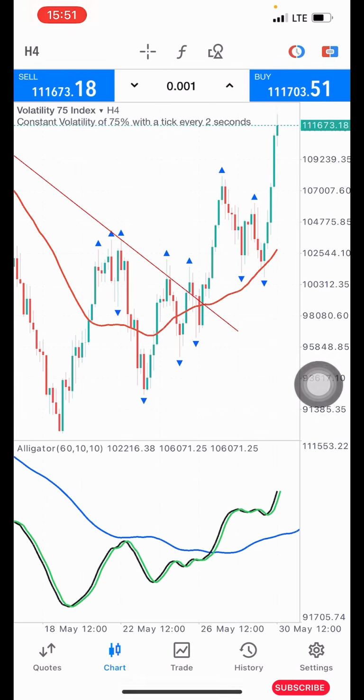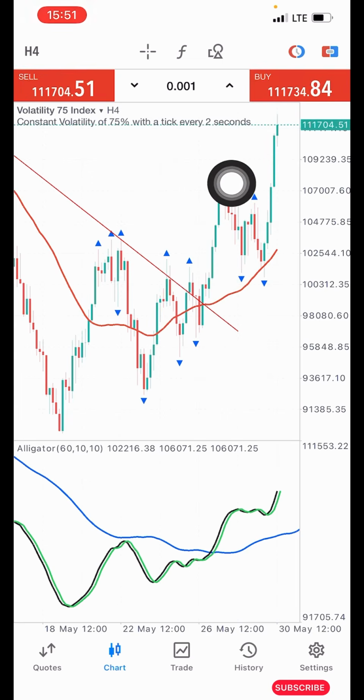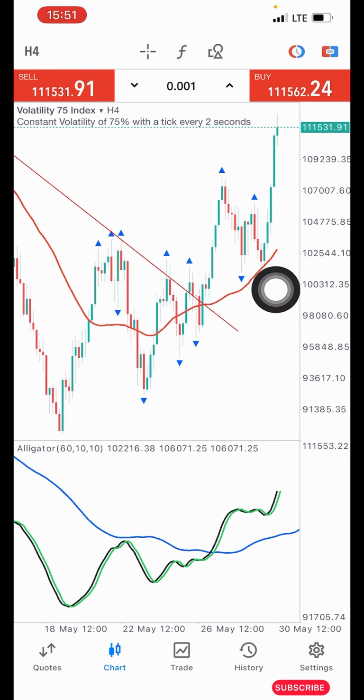Now on the main chart, you can see that price broke above our trend line. Now it came back for retest. The retest you are going to be making use of is that you want to see price coming to touch our red line here. You can see this red moving average here. That's the function of the moving average. It serves as a support and resistance zone,